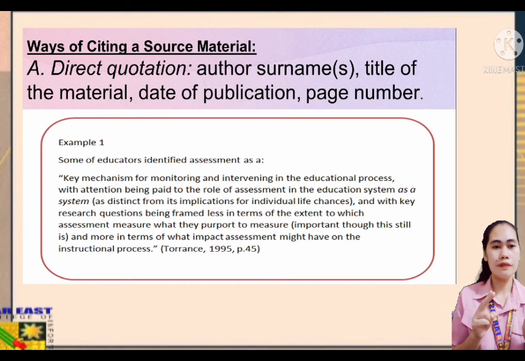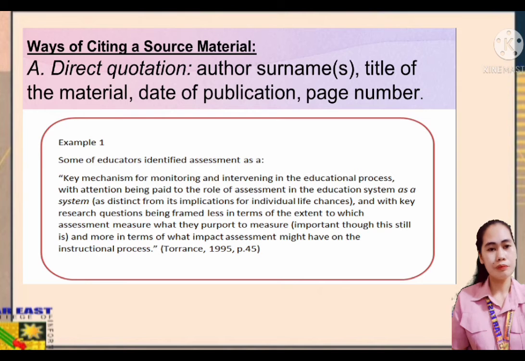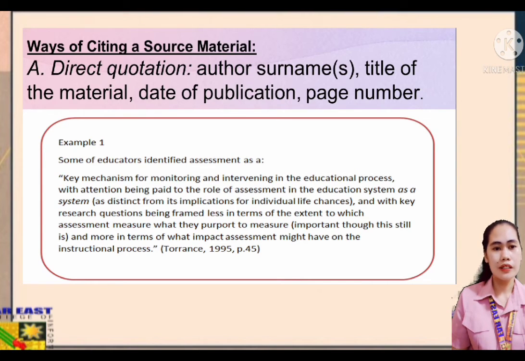And then, you have to do the citations, which is yung last name or yung surname, and then the date of publication and the page number. Okay, so yun yung direct quotation. So, from the word quotations, no, copy and paste, and then you are going to put quotation mark. Okay? Next, ways of citing material, citing resources